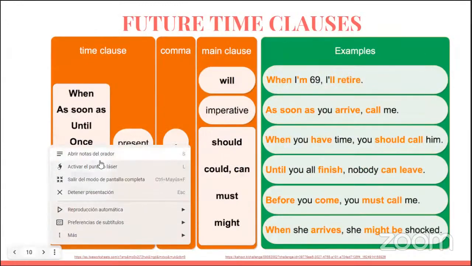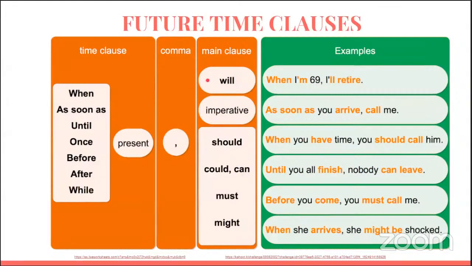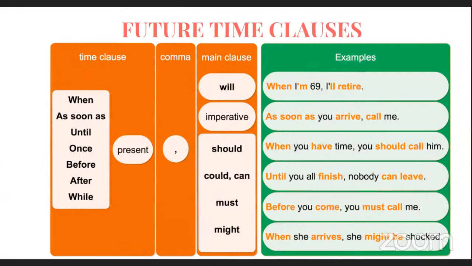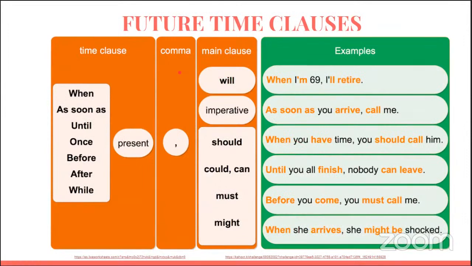Next we're going to be reviewing future time clauses. This is something that we have seen before, right? Nevertheless, in this term you're also going to be reviewing and seeing this. Let's please begin with the structure. With future time clauses, you are basically using two grammar tenses. In the first part, you're using the simple present tense, and in the second, the future. And you can use future, imperative, or modal verbs.